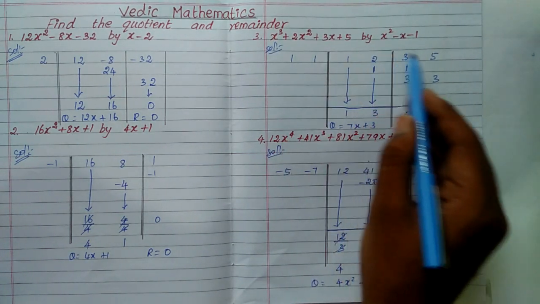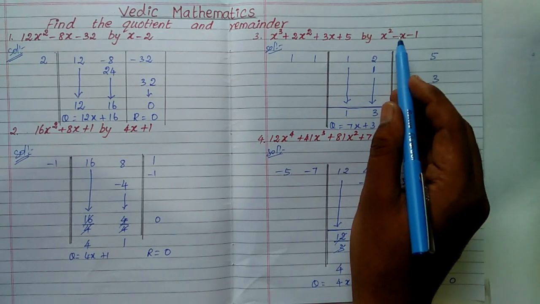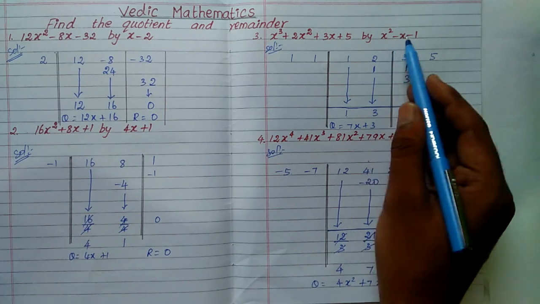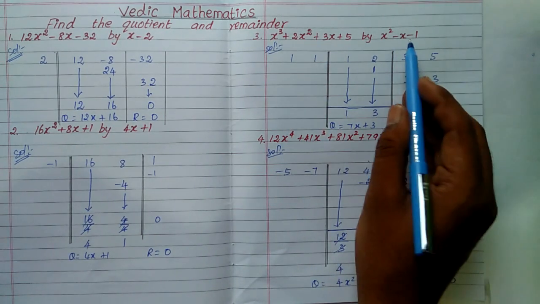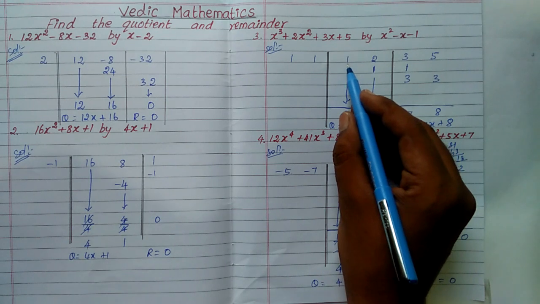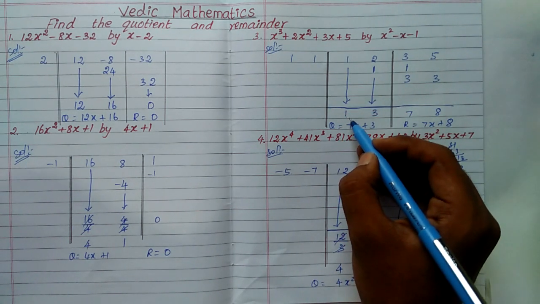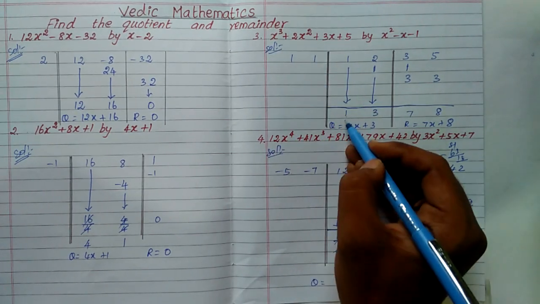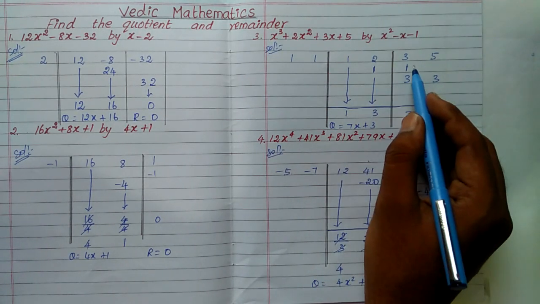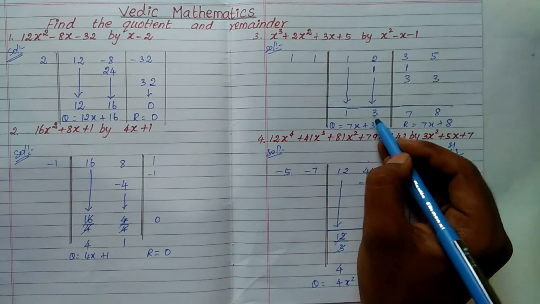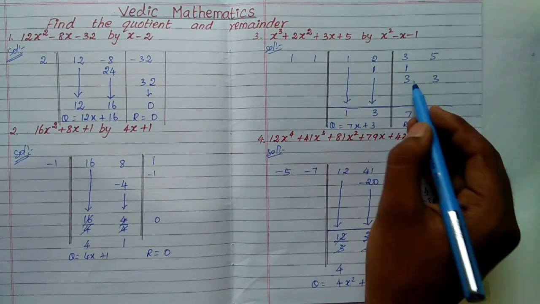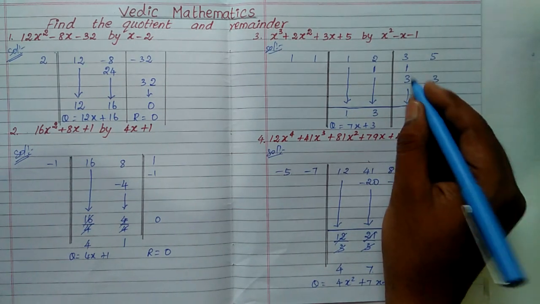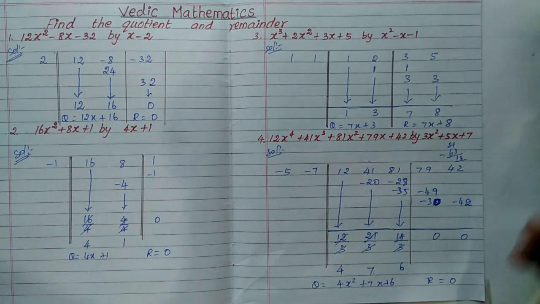So we are writing only the coefficients. Here we are not taking the first term, the next 2 terms we take, and we are changing the symbol, minus x. So we are taking plus 1, minus 1, plus 1, and we take the first value directly. We are not going to do anything to the first value. After that, the next 2 values. So 1 into 1, 1, and 1 into 1, 1, and 2 plus 1, 3, and take 3 and multiply, 3 into 1, 3, and 3 into 1, 3. Now the work is completed. So now 3 plus 1 plus 3 is 7, and 5 plus 3 is 8.